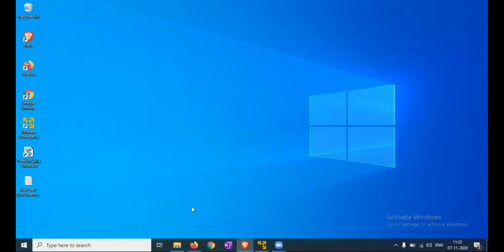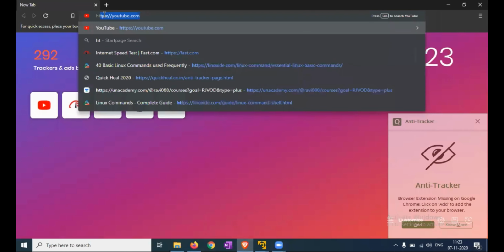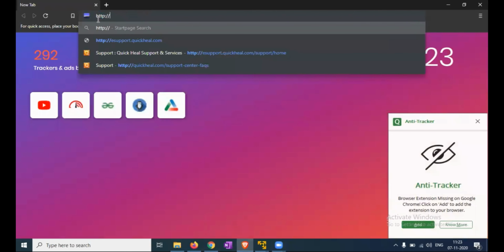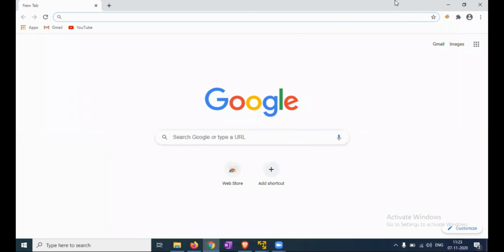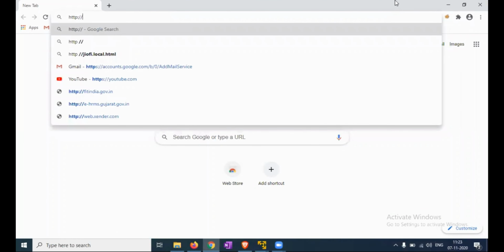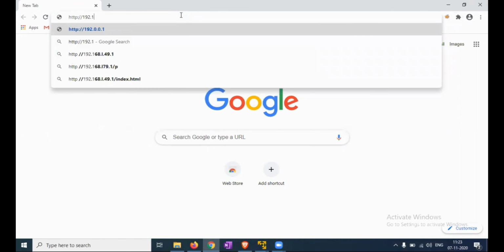It takes time to open Google Chrome. Okay, now it's open. Enter the IP address 192.168.33.131.